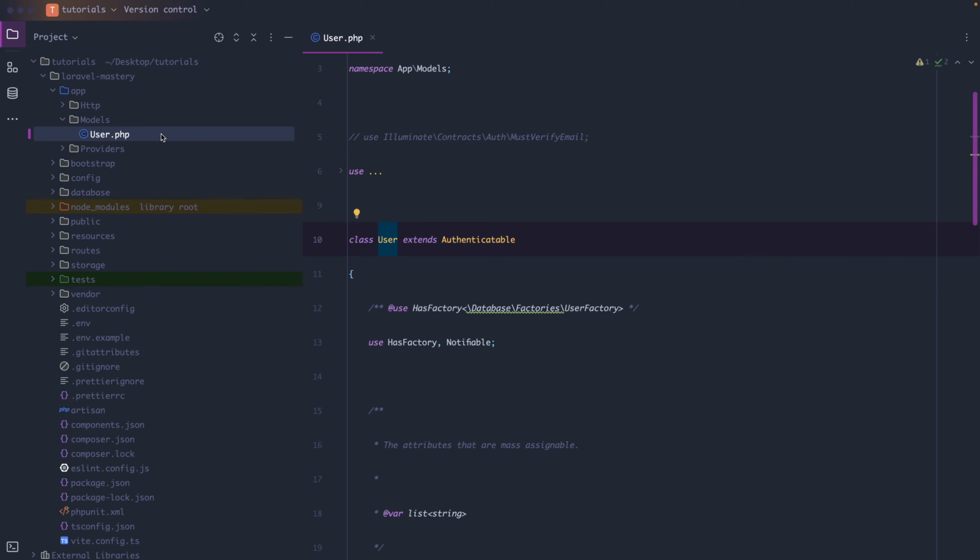A lot of people are asking why Laravel includes a user model by default. Laravel assumes that most applications will need user accounts, whether you're building a blog, a to-do app, a store, or even a simple dashboard. So instead of making you create everything from scratch, Laravel gives you a ready-made starting point